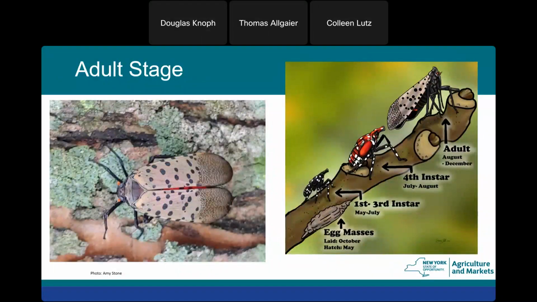The adults can camouflage themselves pretty well, so they're a little bit hard to see sometimes. As you can see, I'm guessing that's probably an oak tree, but there's lots of lichen growing on there, so they blend in pretty well in the environment. And I came across this little infographic that I borrowed with all the life stages on one little twig of Ailanthus, and you can see the egg masses on the underside of the branch, because that's where they like to lay their eggs, in protected areas. And when they first hatch, they'll go through 3 molts. They'll molt a 4th time, and then it'll finally emerge as an adult. So, next page.